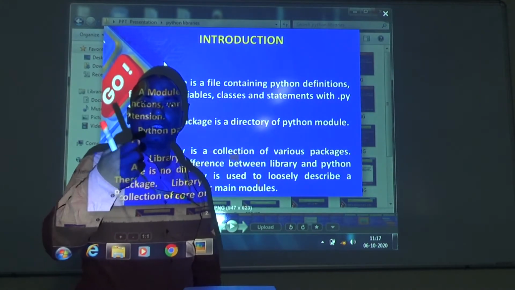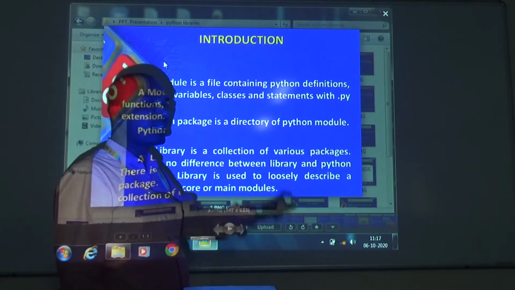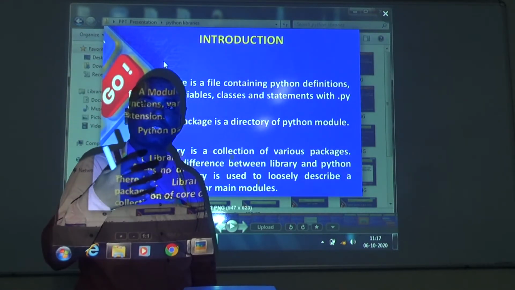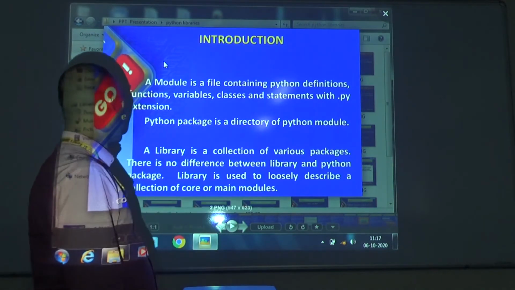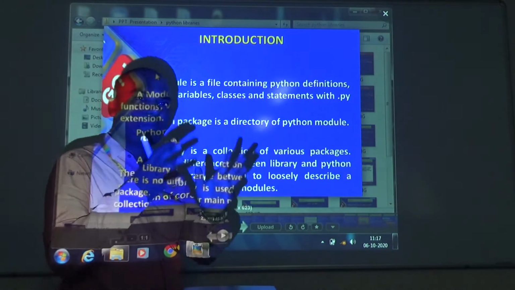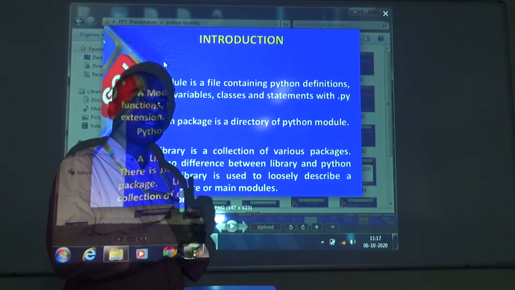Py is the extension for Python. Second, a Python package contains the directory of Python modules, and a library is a collection of various packages. That means many packages are there.